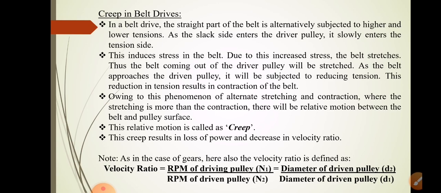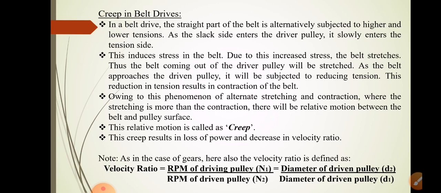Thus, the belt coming out of the driver pulley will be in a stretched position, and as the belt approaches the driven pulley, it will be subjected to reducing tension. This reduction in tension results in contraction of the belt. So there is stretching as well as contraction. So there is alternate stretching and contraction, because of which there will be relative motion between the belt and the pulley surface. This is called creep, and creep results in loss of power as well as a decrease in the velocity